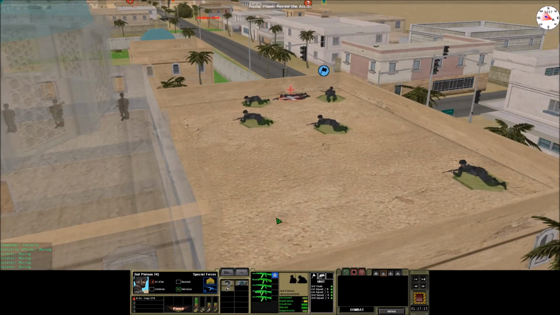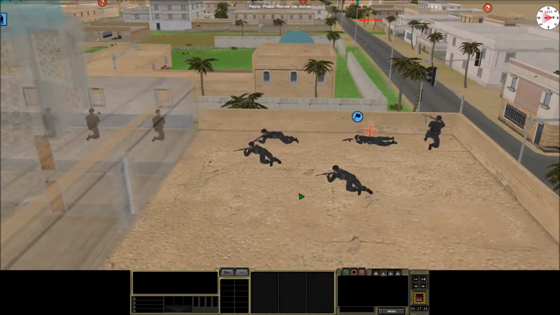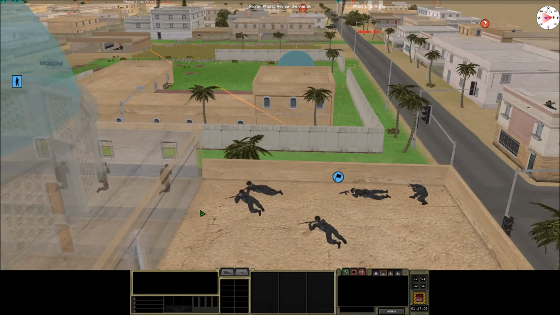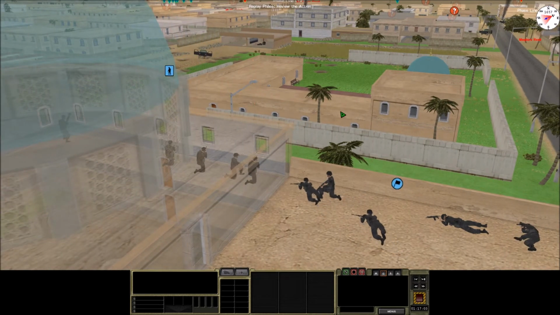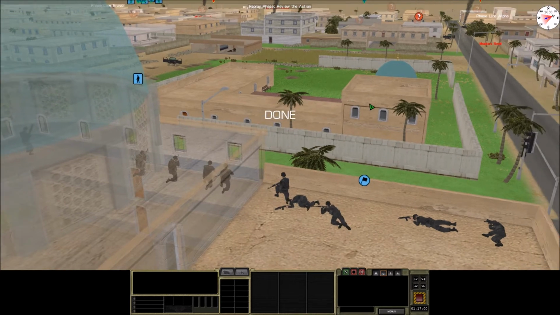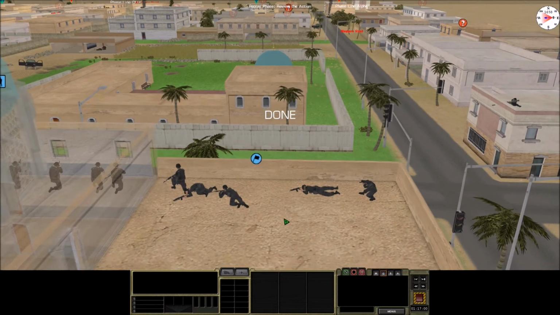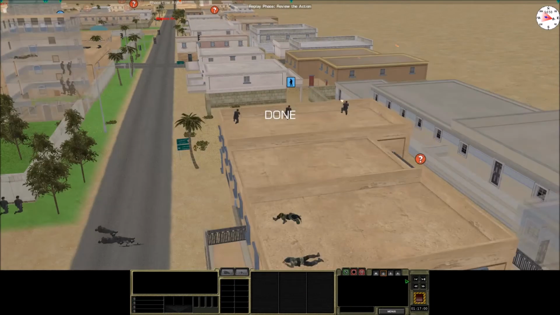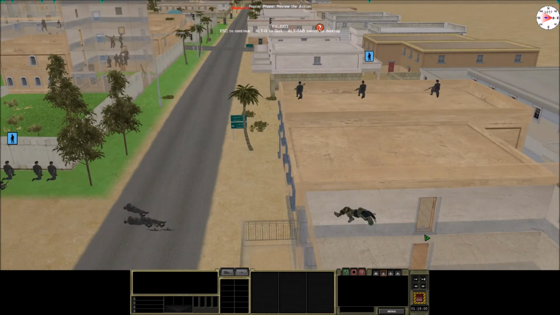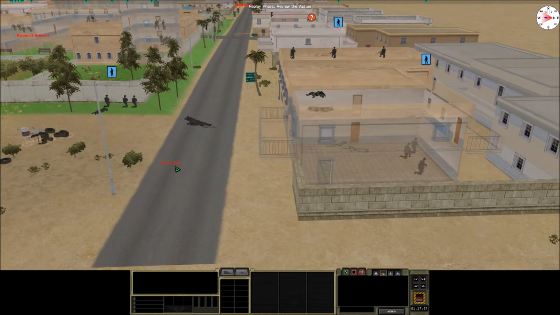Ooh, that's not good. Come on, spot him up. There you go. Open fire. Alright, these guys are getting up against the wall, getting a little bit better cover. Man, that was exciting. Let's have a replay of that. Sure these guys are going to...